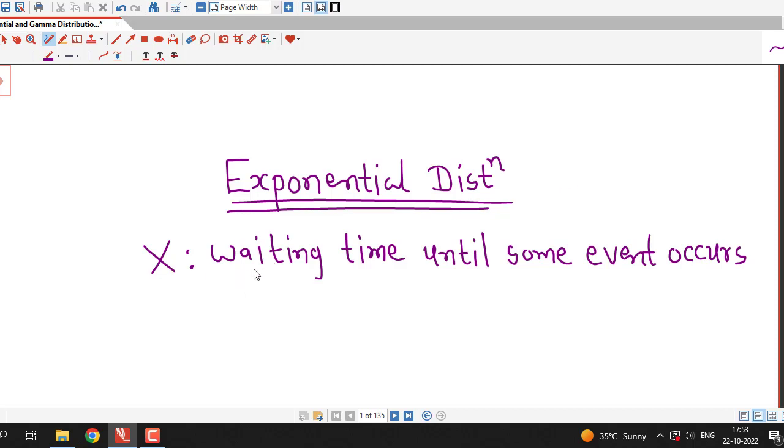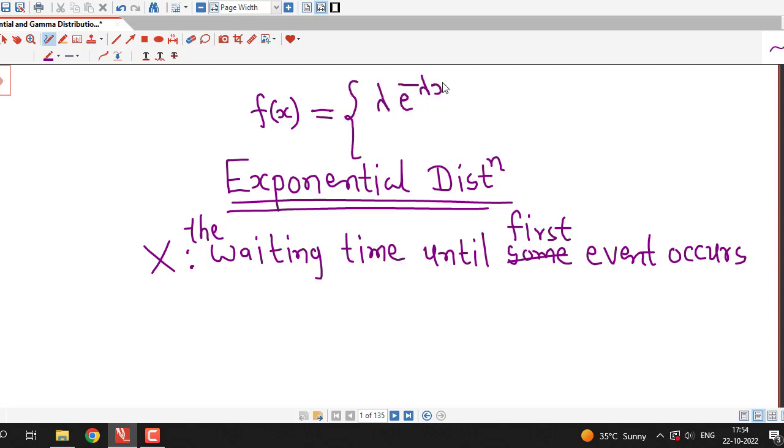Exponential distribution is used to model the waiting time until some event or first event occurs. So here X is the exponential random variable, and the probability density function of exponential random variable X is given by f(x) equal to lambda times e raised to minus lambda x for x positive, and 0 otherwise,